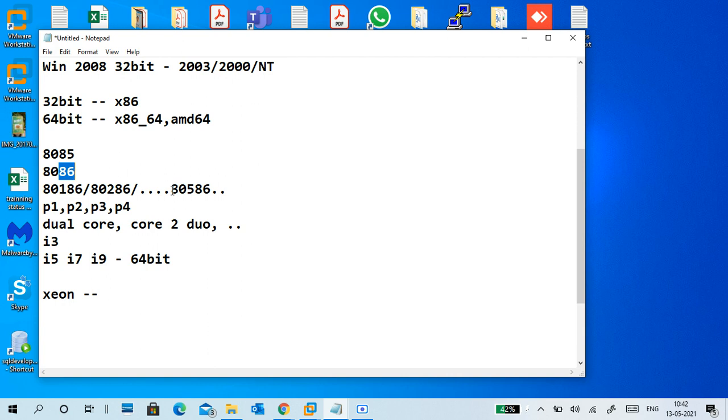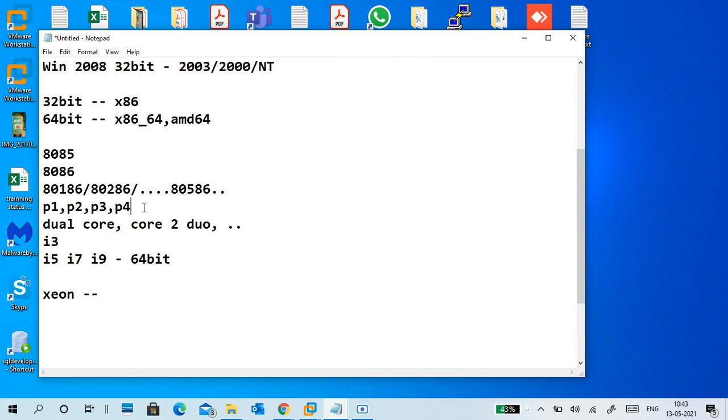If you watch a series like Friends, actually Friends is a very old series, it's a daily serial. There is one guy who has a laptop. He said 80586 processor in their laptop. Now we are having i5, i7, i9 laptops. At that time it was very small, with very little capacity.